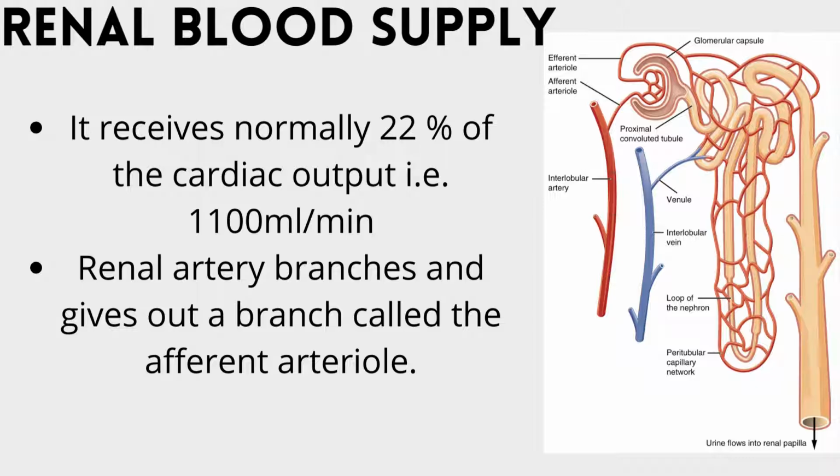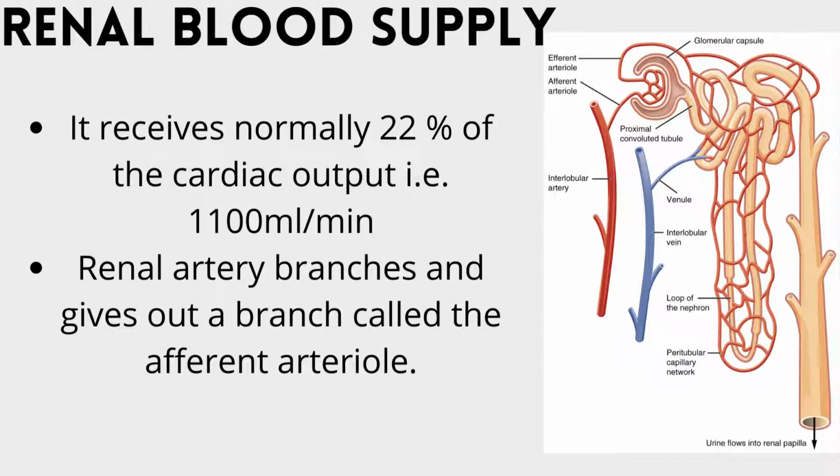And out of this entire amount, 22% is specifically going to go to the kidneys. When you compare it with other organs, this is a lot of blood, more than what is needed for its normal metabolic functions. And what is the importance of this? The kidneys have a special function, and that function is filtration of the blood. So you need lots and lots of blood flowing through the kidney so that it can efficiently filter out stuff.